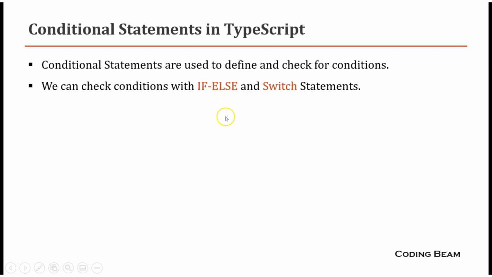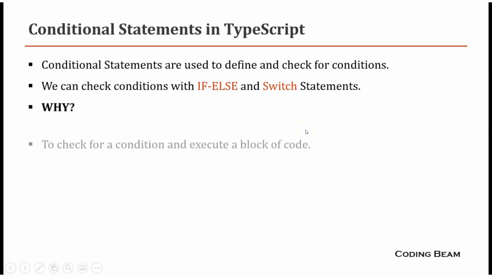About the if-else statement: it can include one or more expressions which return a boolean, and if the boolean expression evaluates to true, then a set of statements is executed inside the if, and if it is false, then the else part is executed. And the switch statement is used to check for multiple values and executes a set of statements for each of those values. So we can have multiple cases in the switch.